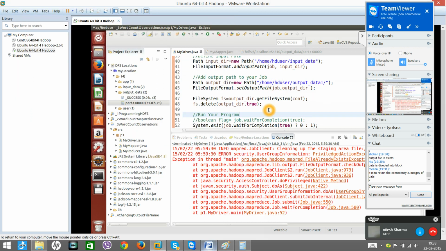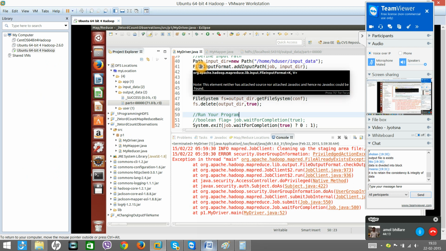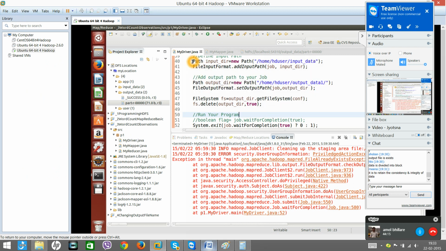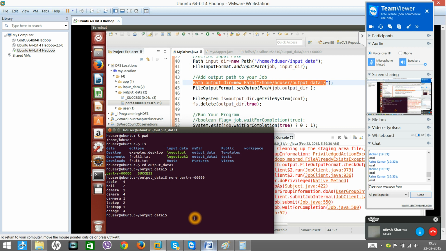Okay, so what I will do is, now just check it out. I'll show you one magic today. So this path is pointing to local or HDFS? Local. This path is present in local or HDFS? Local. That means input path is in local and output path is also in local. So on the safe side, let me delete this directory also. I'll delete this folder, cd dot dot,